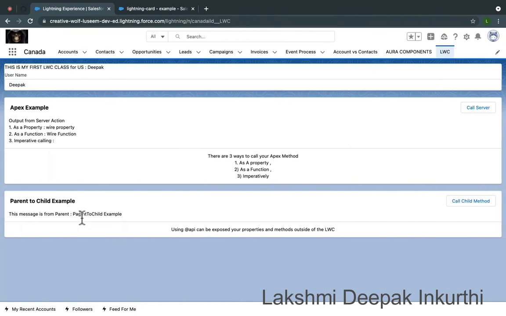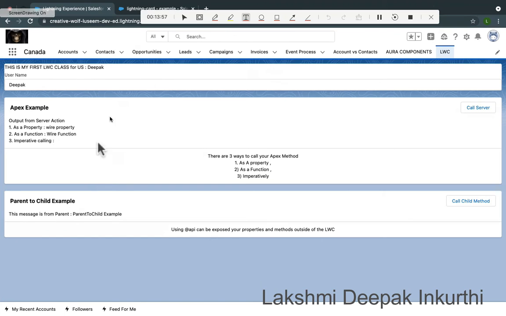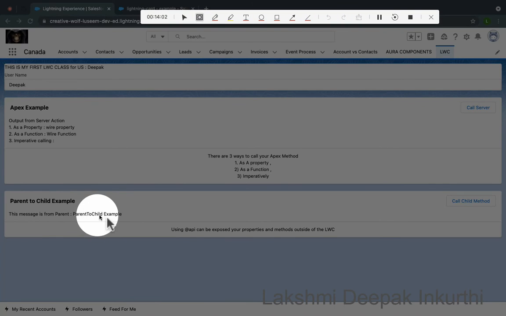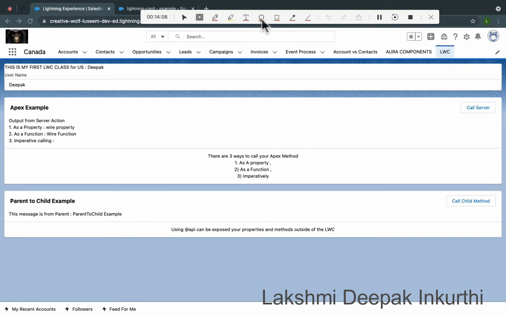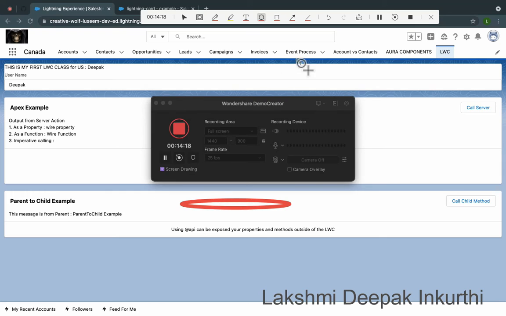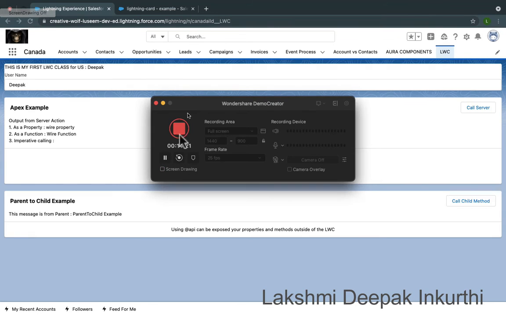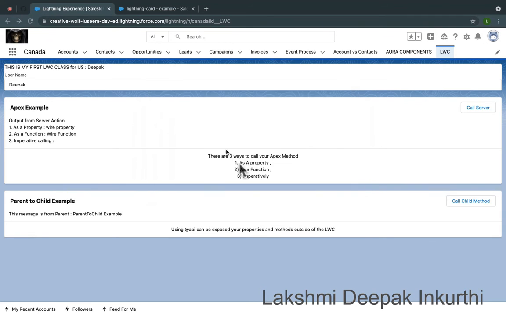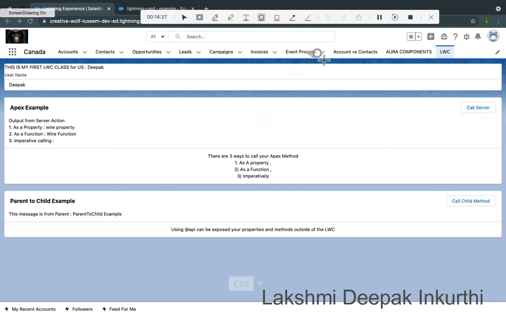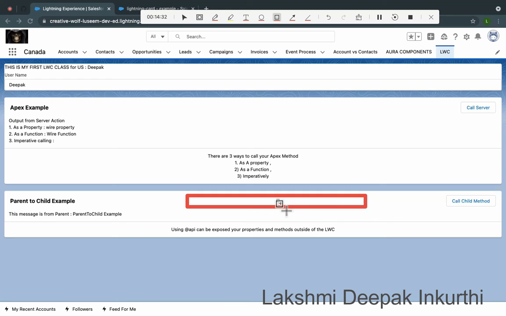Any feedback, please? Yes, Deepak, we understand. Now you can see the data is assigned here. Parent to child. This is an example. So what I am expecting here is an input variable. My example here is, I'm thinking to create one input field. Whatever I type here,